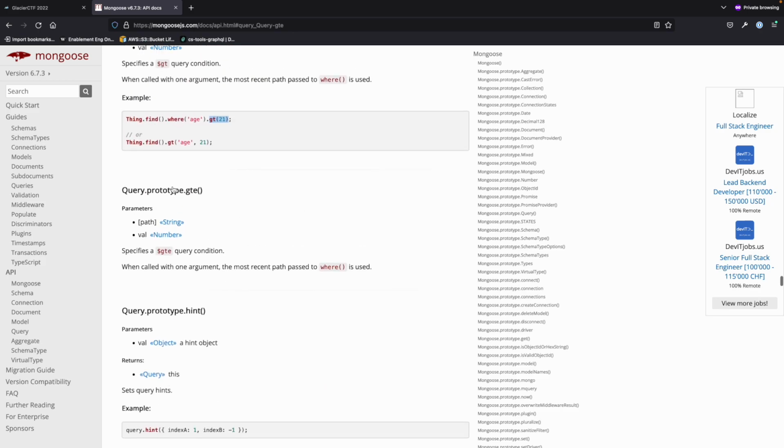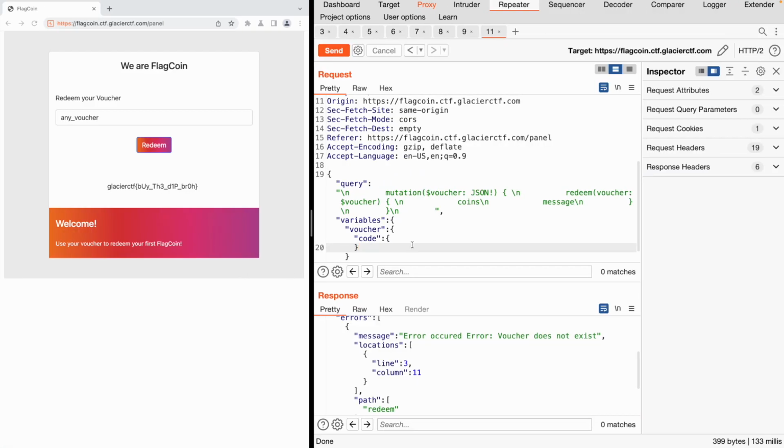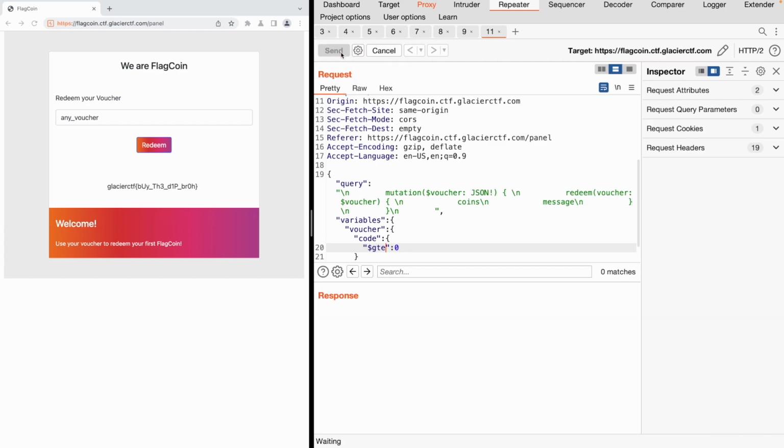I'm not able to find it easily in the documentation, but essentially I know that I can pass this as an object. I thought it'd be a lot clearer, but unfortunately it's not. I know that if I pass this as an object, it'll treat it as a where condition. So basically what this is doing is saying greater than or equal to 0, return me find one code. And because it's the first one, I'm hoping it returns the first one. So if I hit send,